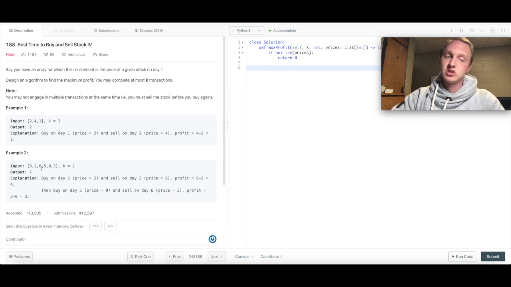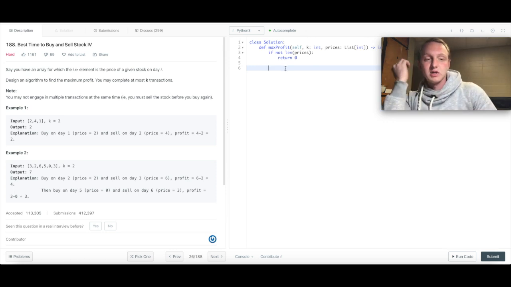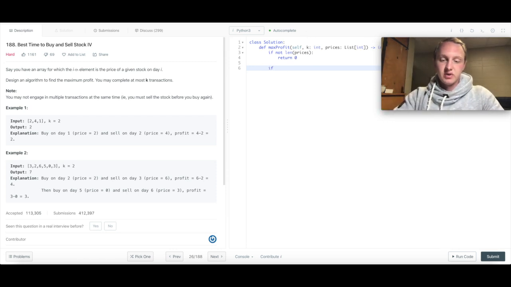So just to save some time, we can literally add all the numbers up and do it as we would do with unlimited transactions. So if k is bigger than or equal to lengths of prices divided by 2, we would have some method self.quickSolve. We would pass prices to it and